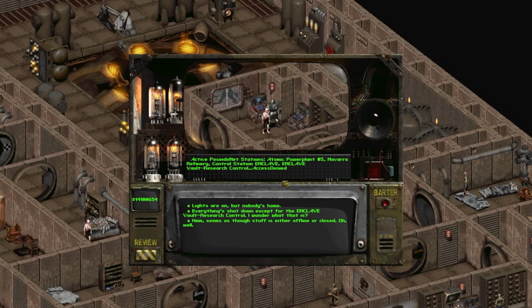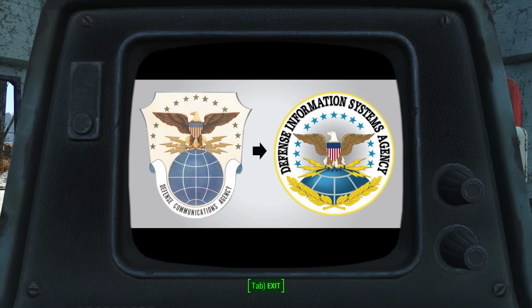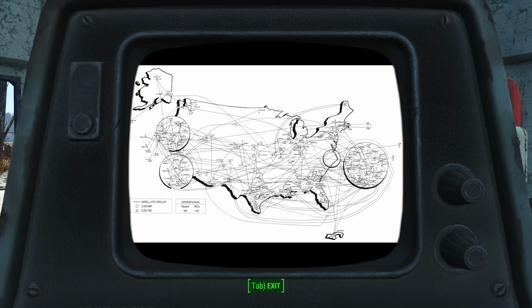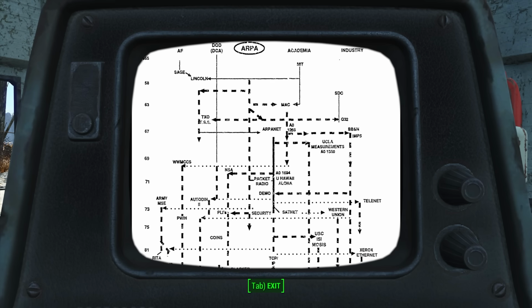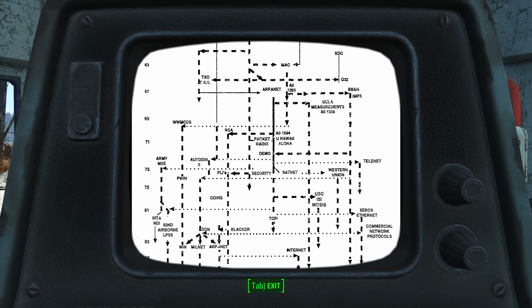Although ARPANET and Poseidonet seem to have slightly different beginnings, the military did have a keen interest in utilizing both networks in Fallout and in our world. ARPANET would eventually come under the purview of the military in 1975 when the Defense Communication Agency took stewardship. I think this era, when ARPANET was primarily controlled by the military, is the most analogous to what we see in Fallout with Poseidonet.